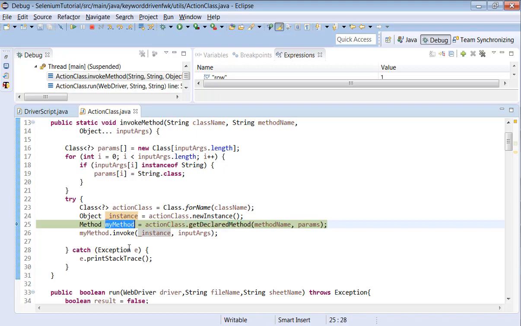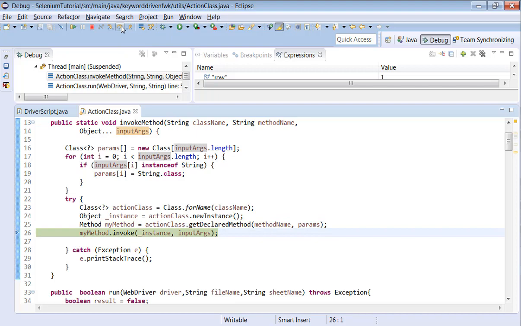Okay, and also we call this method. We store this information in my method, then we invoke that method by passing the instance. The my method is the method name. We invoke the method by passing the instance and the number of arguments we are going to pass while invoking the method.